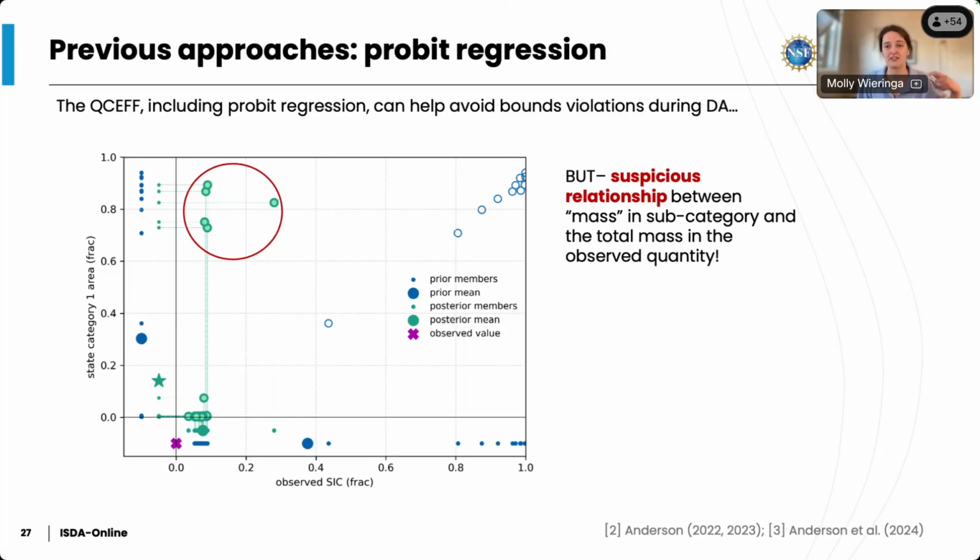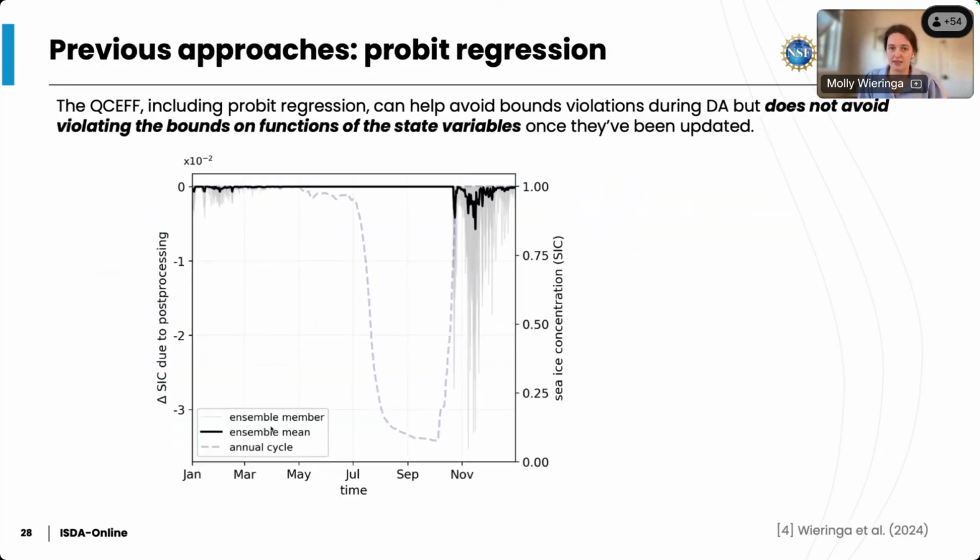And in fact, when this occurs, the subcategory results have to be post-processed in order for the model to make a forecast in time. And the frequency of this post-processing can be quite high, which is illustrated by this figure. So here I'm showing the post-processing requirements in a change to total sea ice concentration that is required to satisfy physical bounds on both the unbounded and bounded quantities over the course of a 365-day assimilation experiment in a seasonal ice regime. So the gray lines illustrate the post-processing requirements for every individual ensemble member, and the black line represents